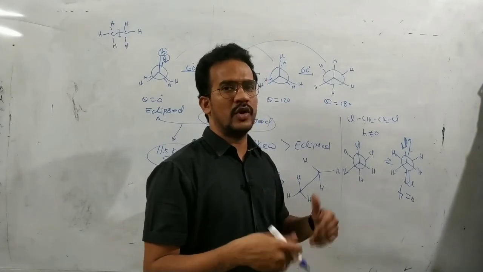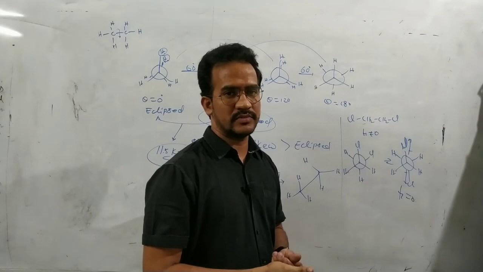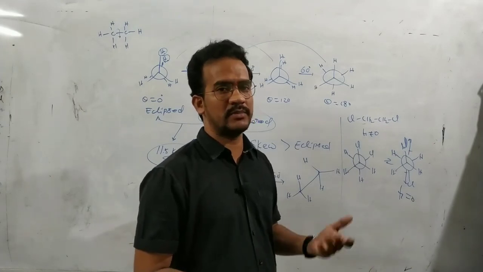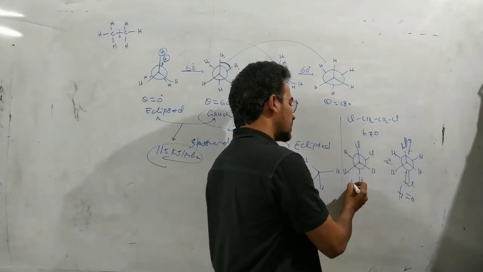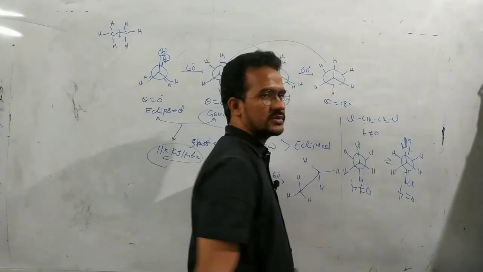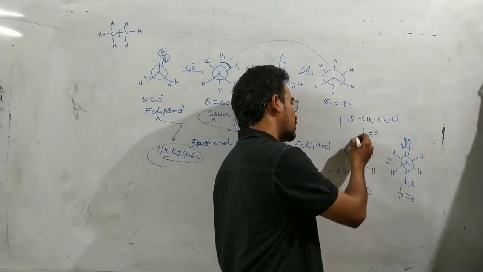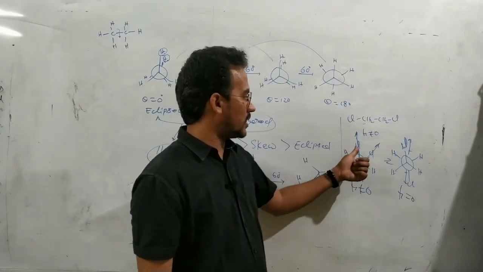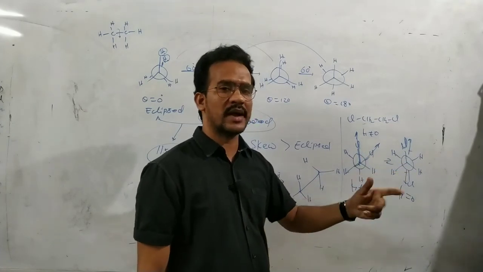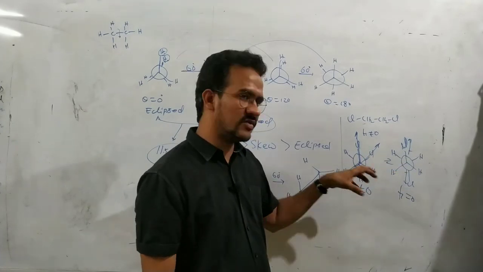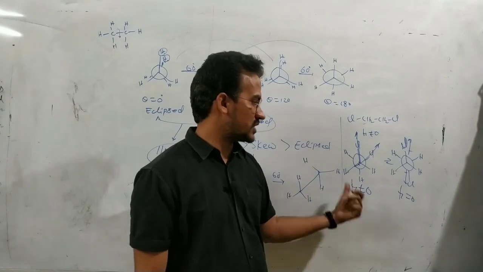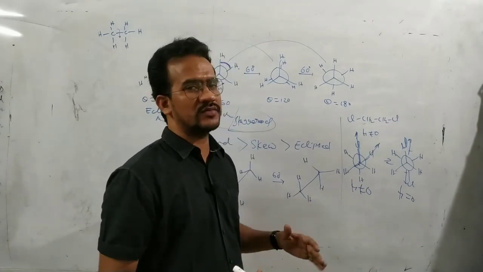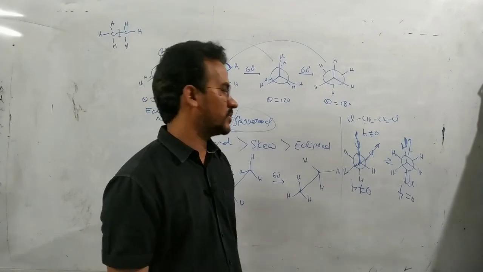If the molecule exists only in the anti conformation, the dipole moment must be 0. But here the dipole moment is not equal to 0. It means this also exists in a gauche conformation. In the gauche conformation, the bond moments are not exactly in opposite directions, so the bond moments of these two bonds do not cancel each other. So it has some significant dipole moment. That is due to the gauche conformation. So this molecule exists mostly in gauche and anti conformations.